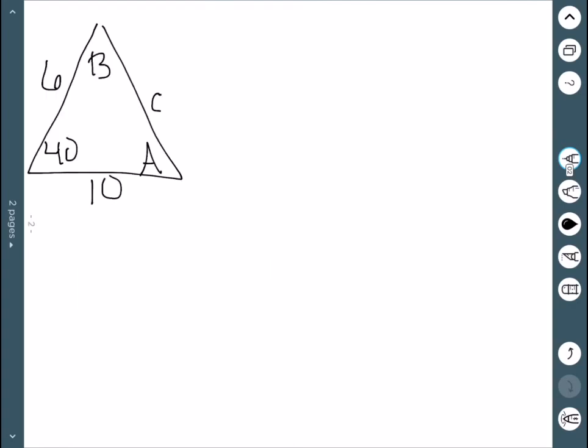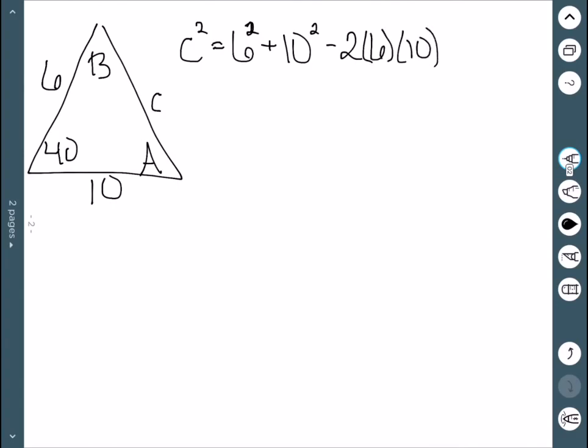Here's our first triangle, and here we see that we are missing the side c. So we know that c squared is a squared plus b squared minus 2 times a times b cosine of angle C. So now we just need to work this out, and we can easily work out the